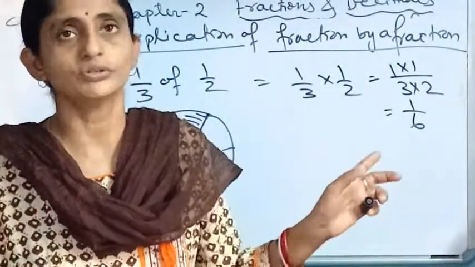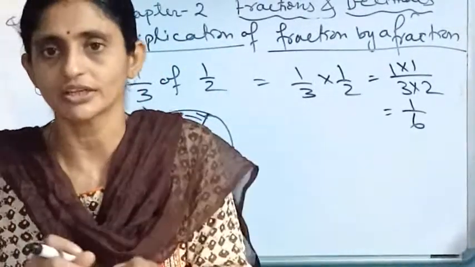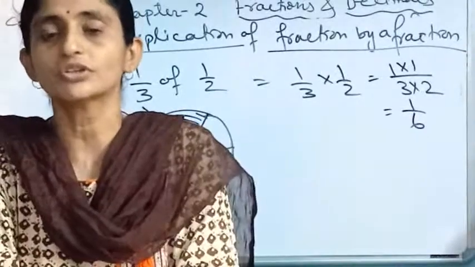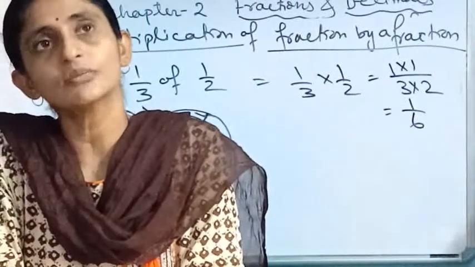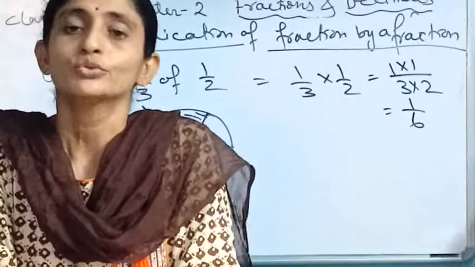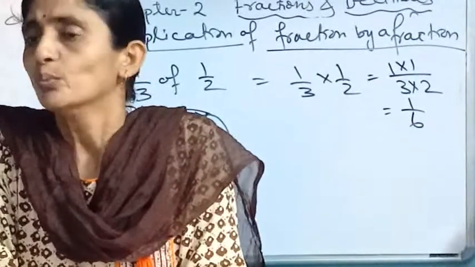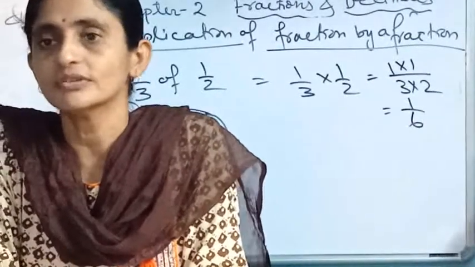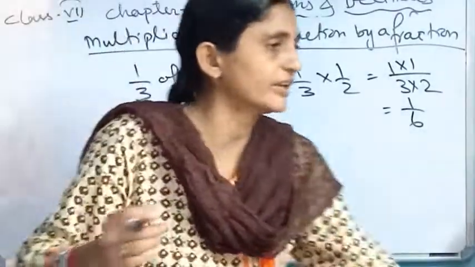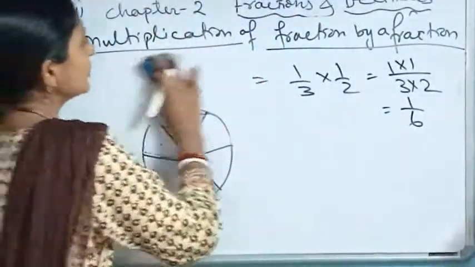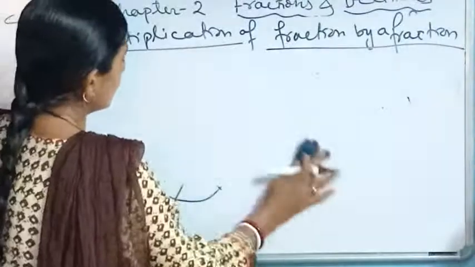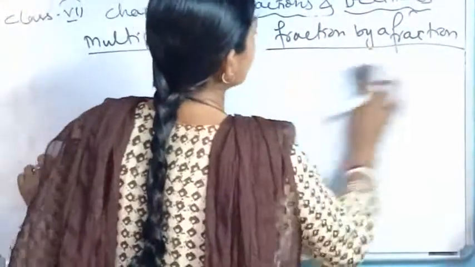Okay, so after that I think you all are clear. Now come to a different concept where we will discuss what happens when we multiply two proper fractions. What will be the value? What changes will you find in that? Let me take one example. Will it be bigger or smaller than each of the fractions?